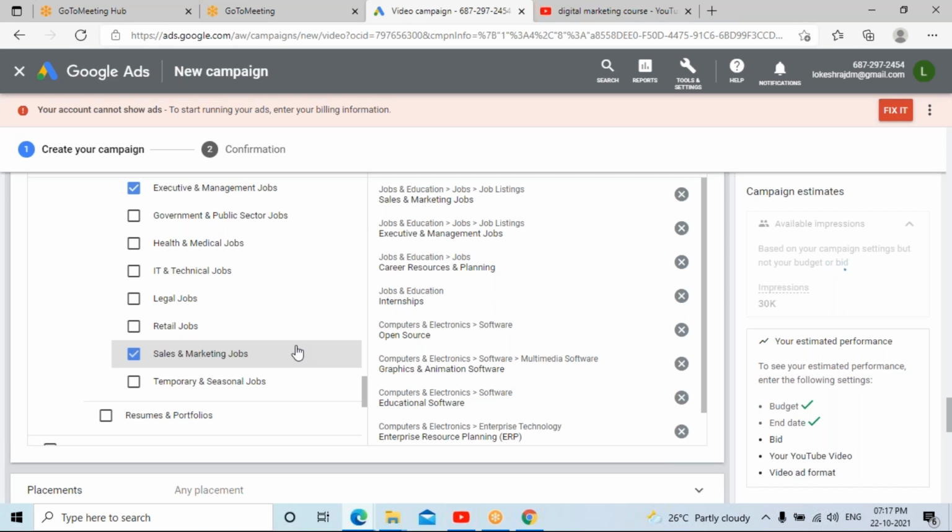So like this, I can choose where my ad has to be run, on specific videos. The categories you have selected, make sure you select only those relevant based on the content you have been sharing.